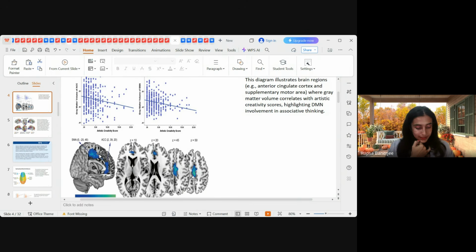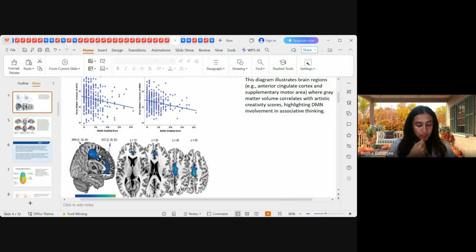So in contrast, the ECN enforces structure. So let us look at the roles of DMN and ECN in representational processes. So the DMN plays a pivotal role in generating diverse abstract representations by drawing on stored knowledge and facilitating free associative thinking. It supports the exploration of semantic spaces where distant concepts are linked through episodic memory or imagination, often